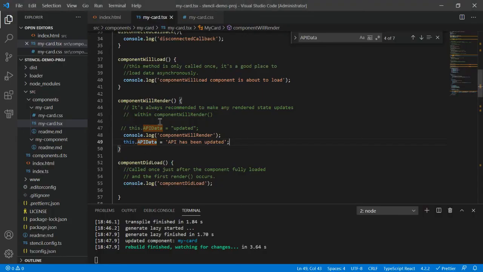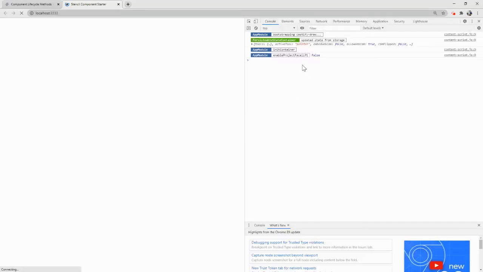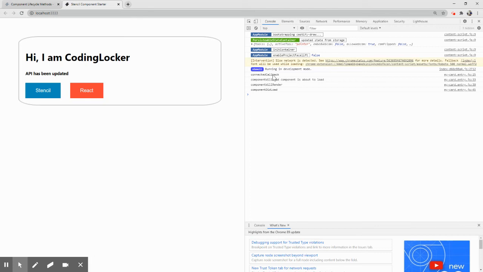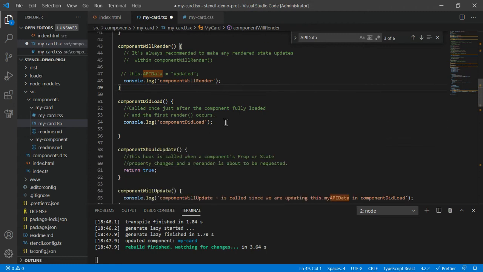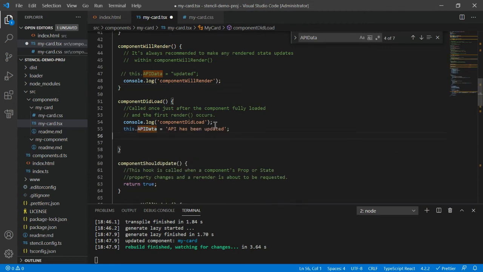Right now I am updating something in componentWillRender. So what is the sequence? connectedCallback, of course, then componentWillLoad, then componentWillRender, and at this willRender it has updated the data, the API data has been updated, and then componentDidLoad. Looking nice, right? Now what if I cut this and paste it in componentDidLoad?